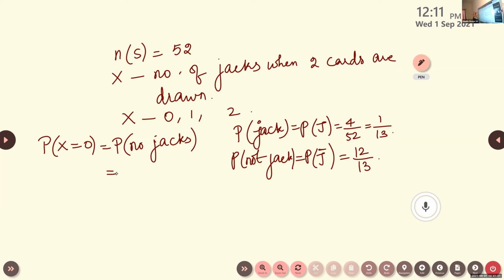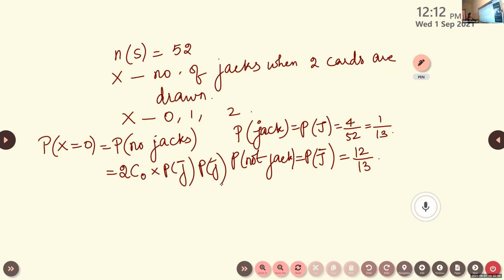And listen here, whenever we take more than one, we have to use combination. How many times do we try this? We take it 2 times. So we have to write 2C0. Although we take 2 times out of 2, 0 times we get a jack. No jacks means no jacks at all in a trial of 2. When we try this 2 times, we are getting no jack. So we can write this as 2C0 into both the times we are not getting a jack, P of J bar into P of J bar. Is it clear? Is it okay, Karthik?